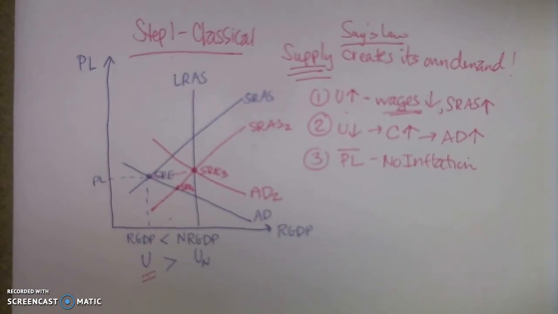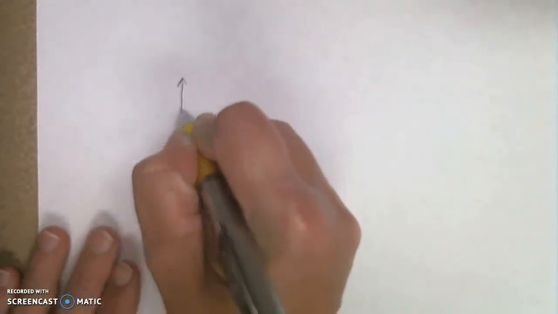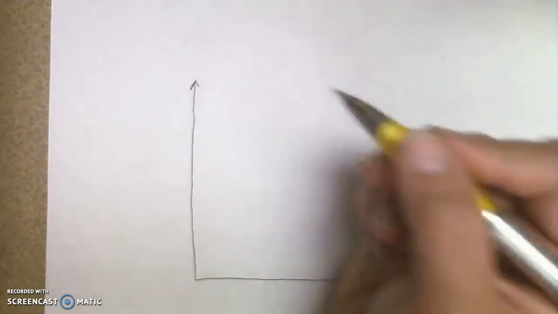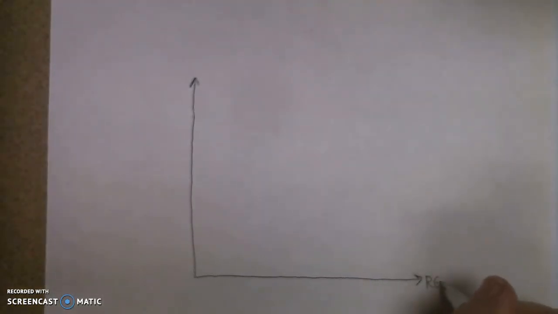All right, so let's look and see what happened during the Great Depression and why the next theory was actually evaluated and come up with. And it was by a man by the name of John Maynard Keynes. So again, we have to think about what's happening pre-1932, 1933. So we have real GDP, what our